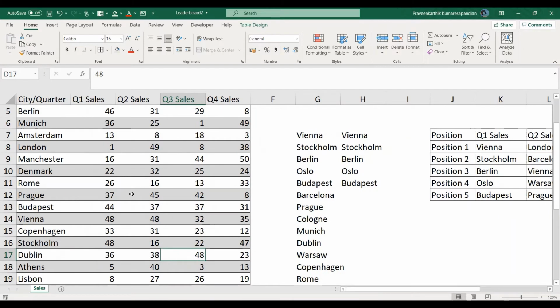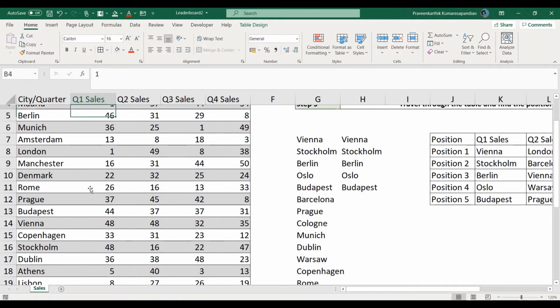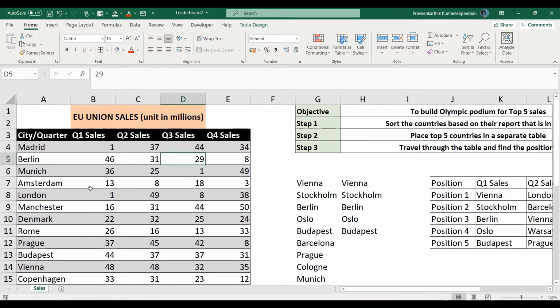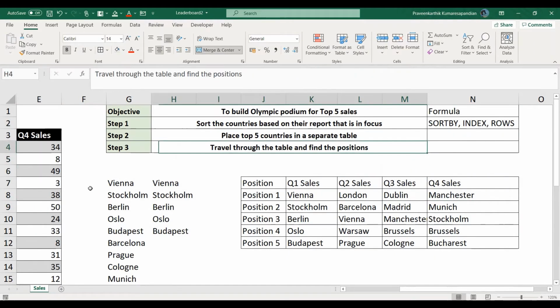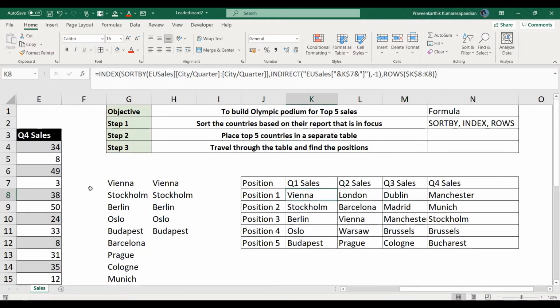Madrid 44, and then Manchester 44. Yes, so that's the trick. So I think we are actually done with step 2 as well. We have built a separate table, and the formulas that we have learned here are indirect,